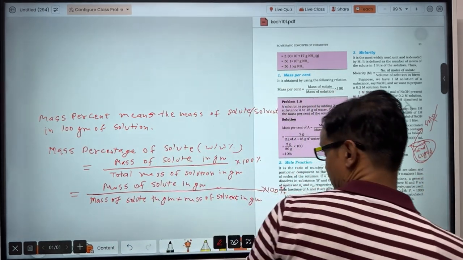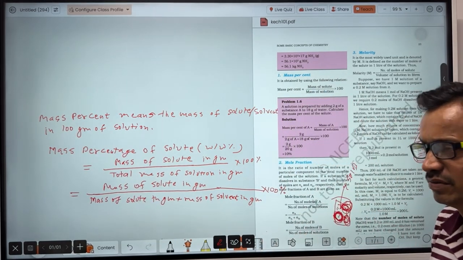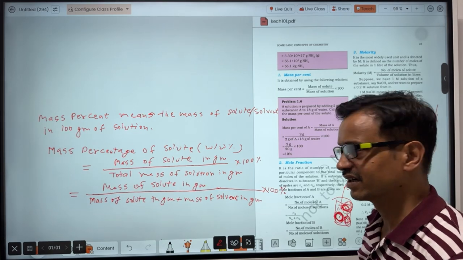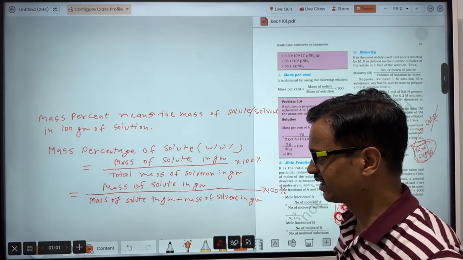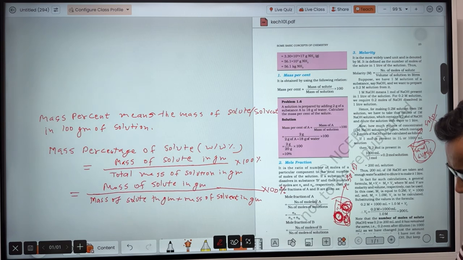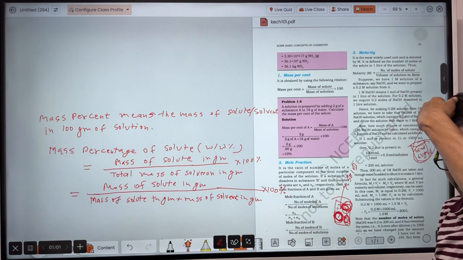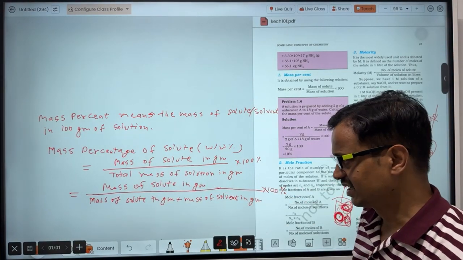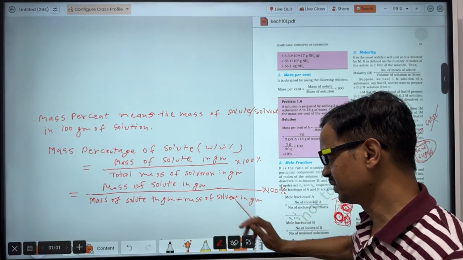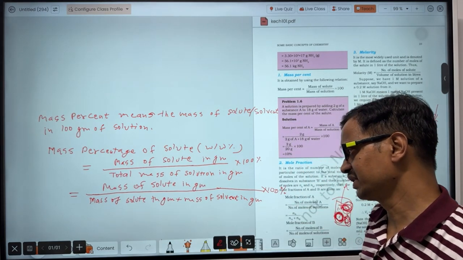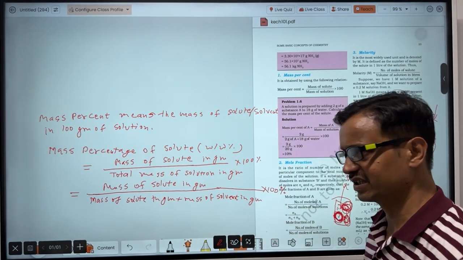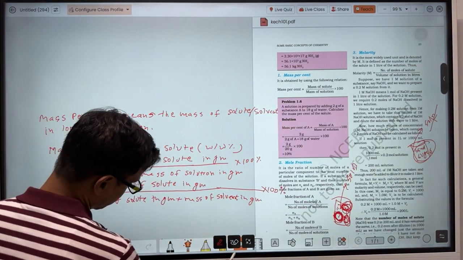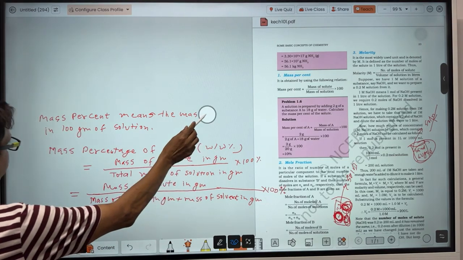So that is a solution. When you have to find the mass percentage of solute, it will be equal to mass of solute in gram upon total mass of solution in gram, into 100. And in the solution there will be the mass of solute and the mass of the solvent. So the mass percentage of solute will also be equal to mass of solute in gram upon mass of solute in gram plus mass of solvent in gram, into 100. Now in the same way, if you have to find the mass percentage of solvent,